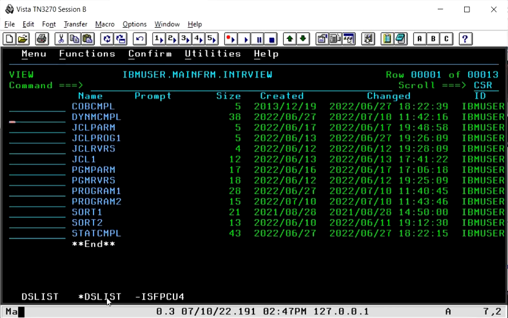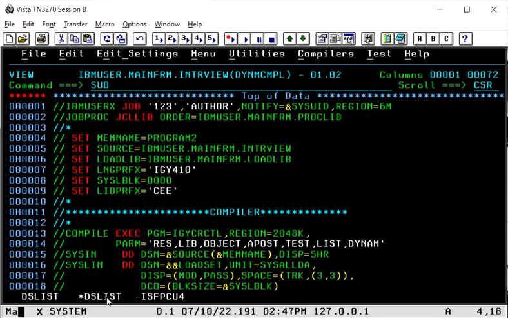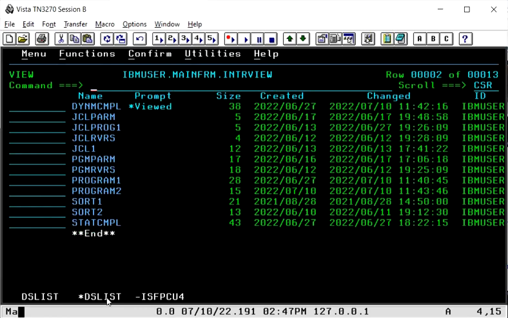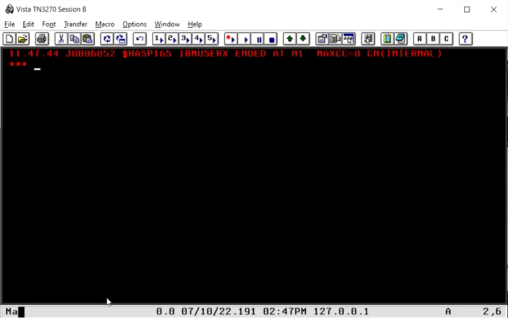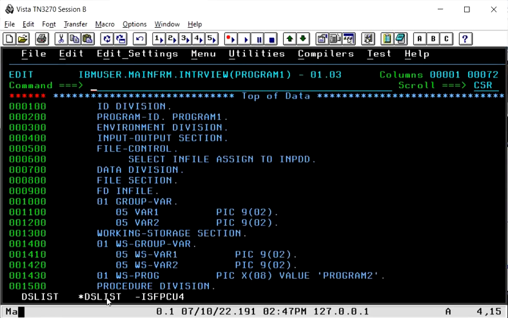We just need to compile program 2 because we have deleted the load module. So we have compiled both the programs dynamically, and in program 1, if you see, we are